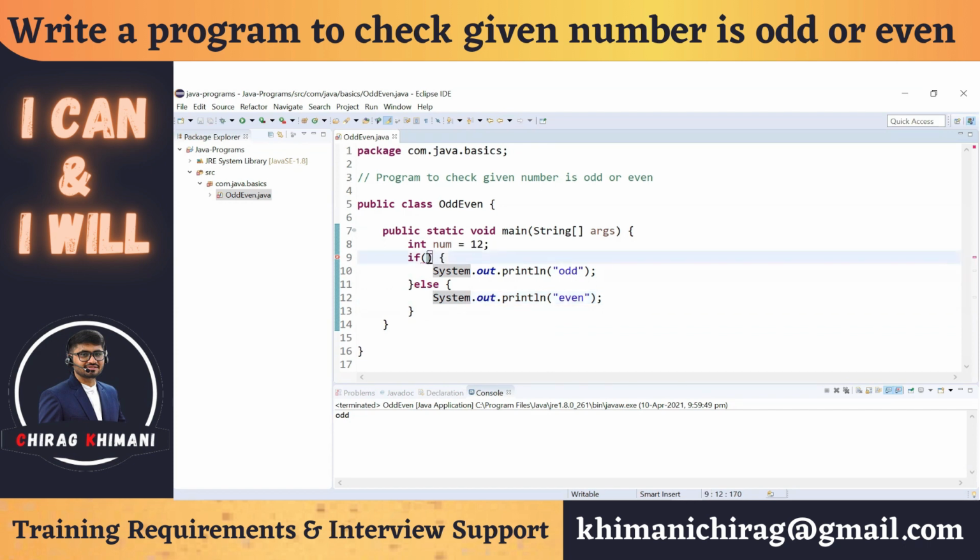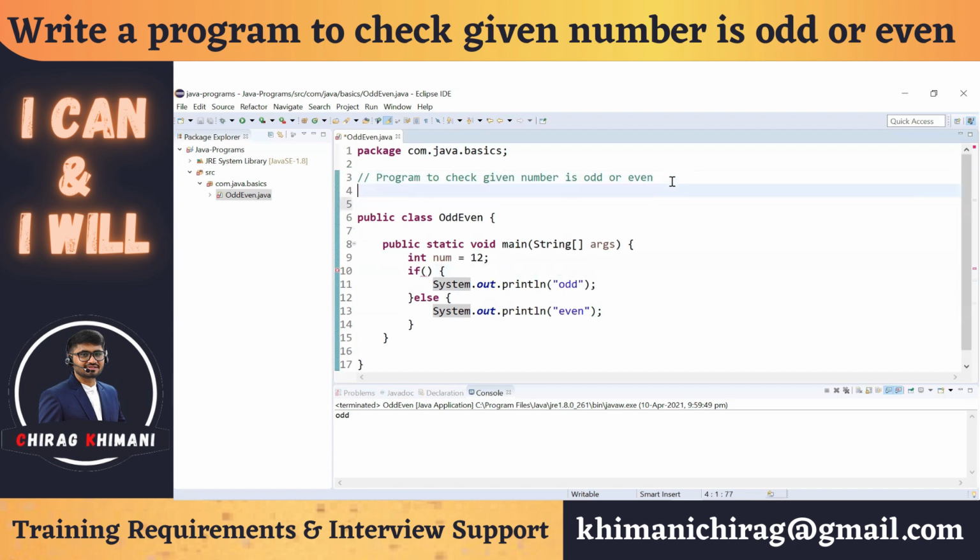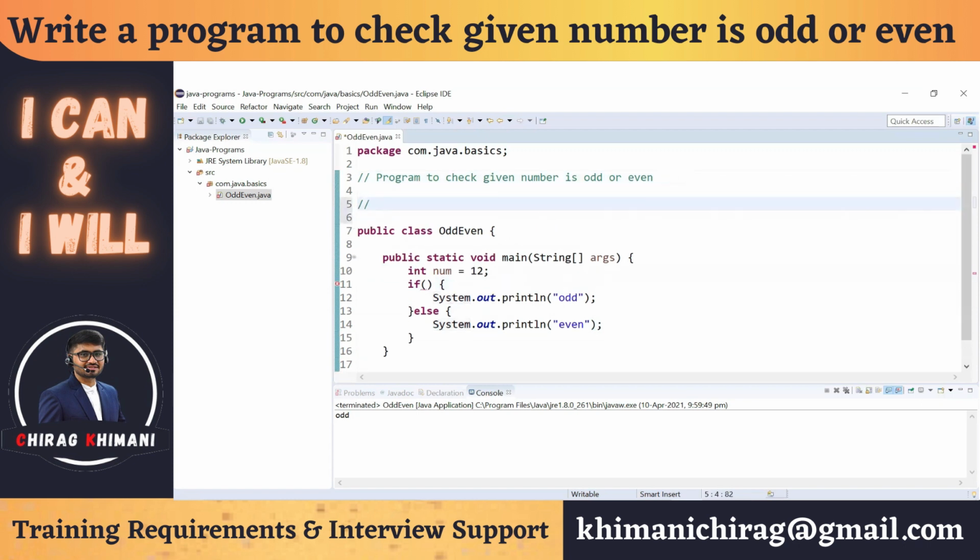So here we have to understand a very important thing, that is how to create logic. Here you have to analyze your thought process. Consider an example. Forget about Java. Let's take one number, let's say 13. Try to think whether it's an even number or an odd number. Definitely you will say it's an odd number, right? Consider another example, let's say 12. Try to think whether it's an even number or an odd number. Definitely you will say it's an even number, right?